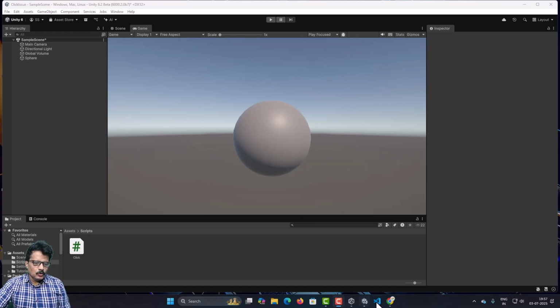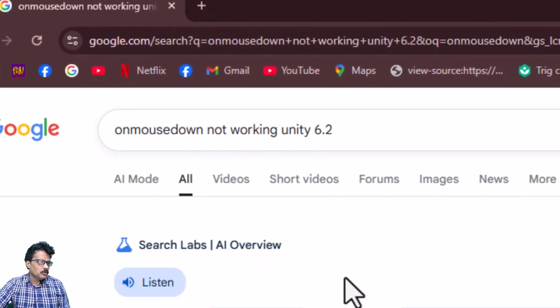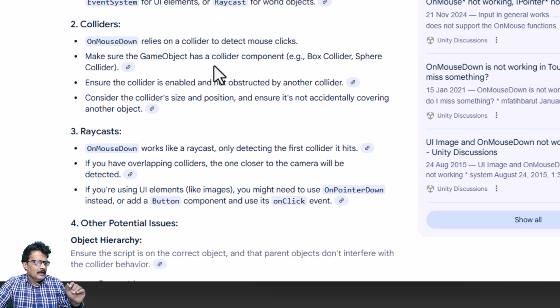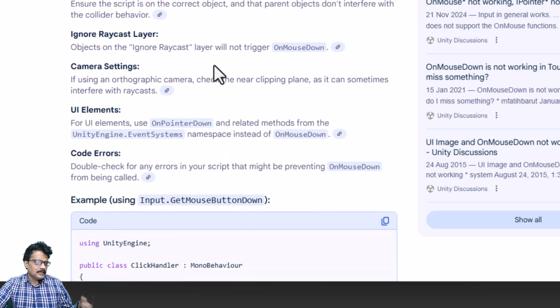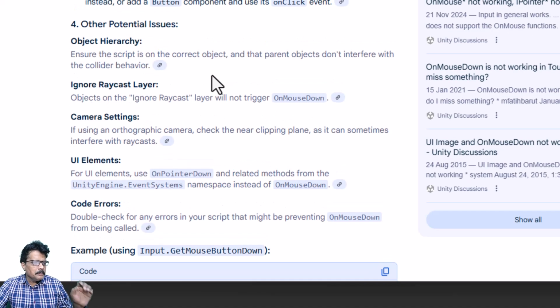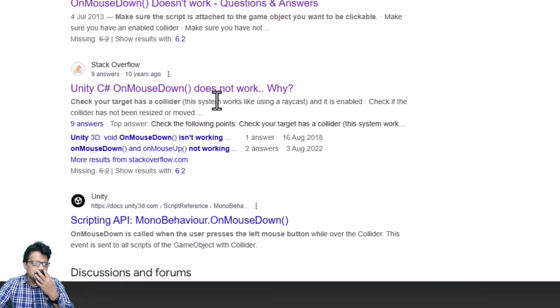If we come into Google Chrome and type OnMouseDown not working with Unity 6.2, and if you scroll down, they have mentioned that it should have a collider, the raycast should work, object hierarchy. They have asked us to test all these things, but they have never mentioned what actually has to be done. So you have many links here about why this OnMouseDown is not working in 6.2. After researching for about 1 or 2 hours, I finally came to know that the solution is very